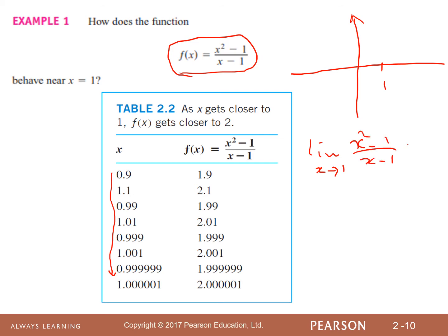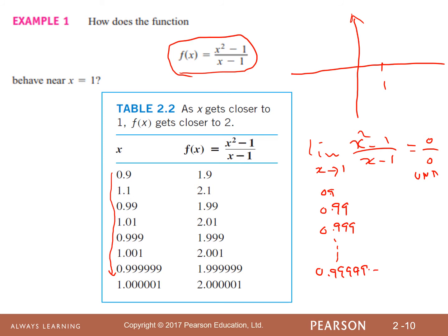If I plug in 1, I get what? 0 over 0. Undefined, right? We can't do that. We said that last time. So we want to find the limit as x approaches 1. How does x approach 1? We look at 0.9, and then 0.99, and keep going until you get what? 0.9999,